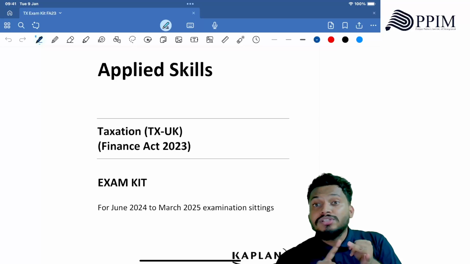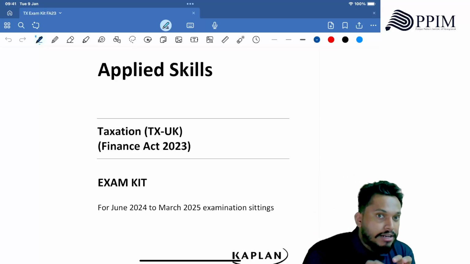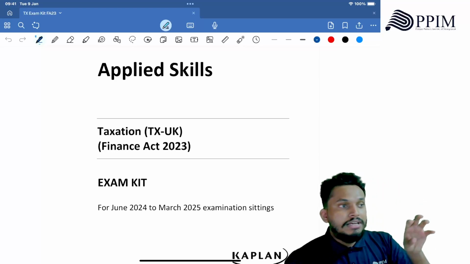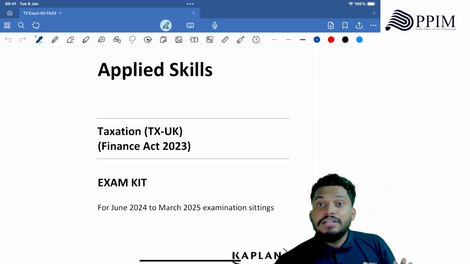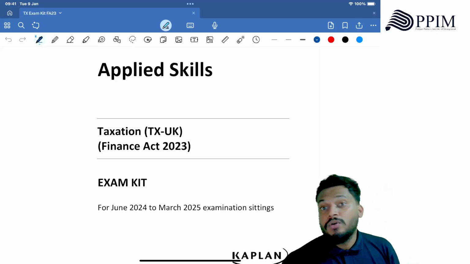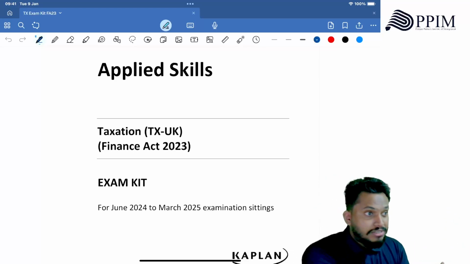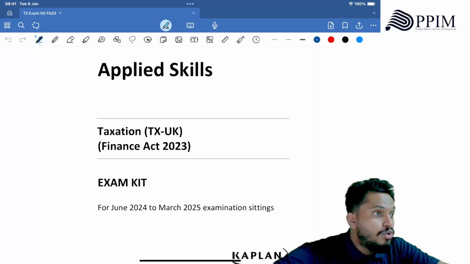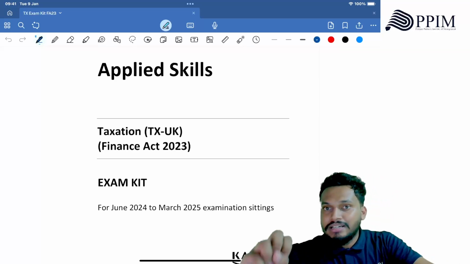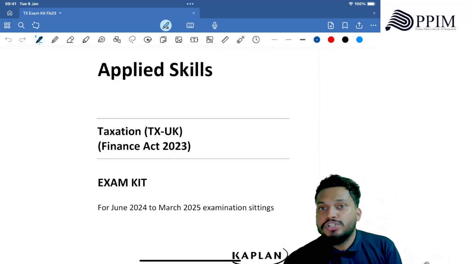So when it comes to non-savings income, then you need to know how to allocate your personal allowance. Then when it comes to your savings income, you need to understand who will receive the nil rate band. If it's a basic rate taxpayer, what is the amount of nil rate band he will get? The 1,000. Then if it is a higher rate taxpayer, what will happen? If you are getting an occupational pension scheme, what happens? How do you need to deal with that? If you are having a personal pension scheme, how do you need to deal with those? Now, those are the grips and understandings you should have. So you can expect these kinds of questions from the examiner.